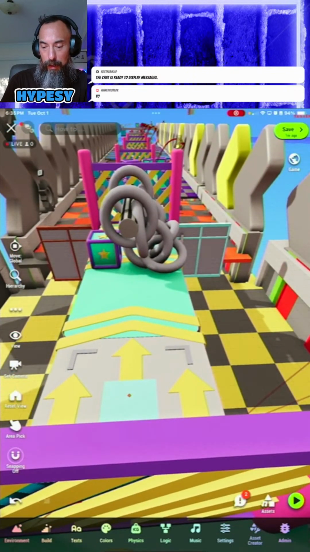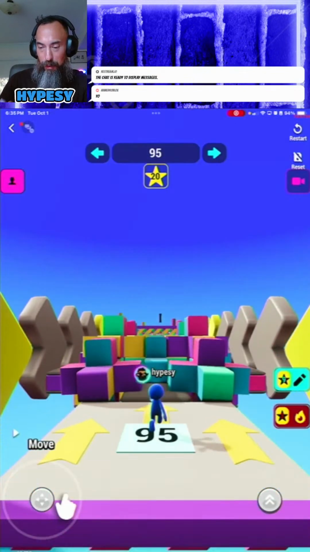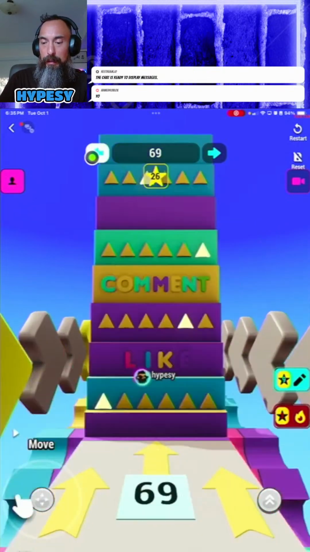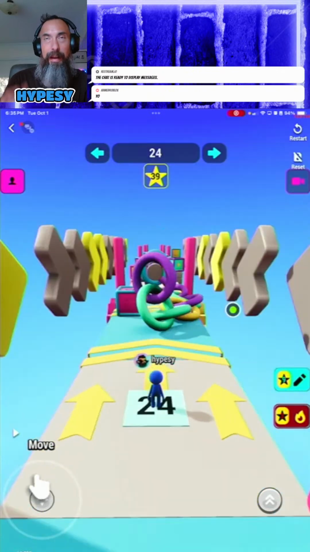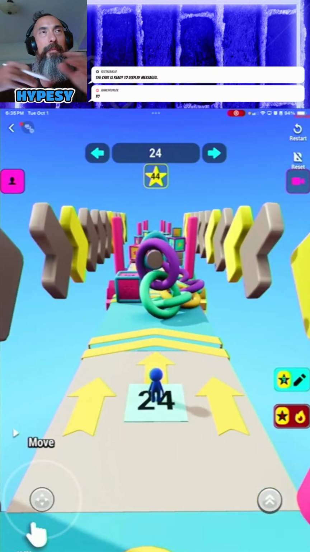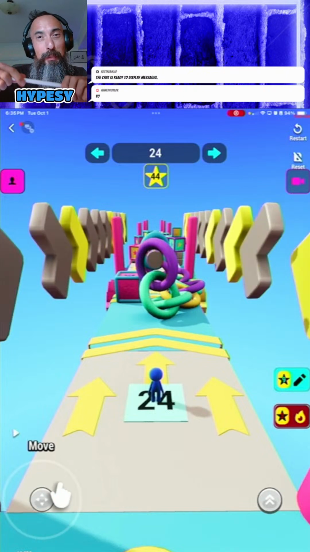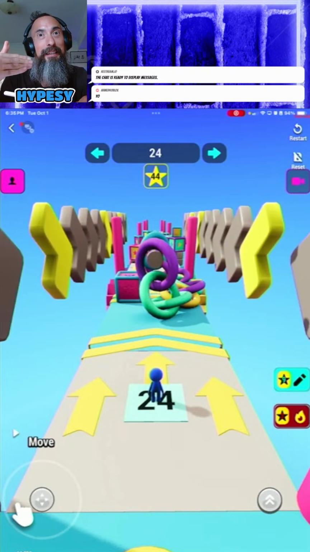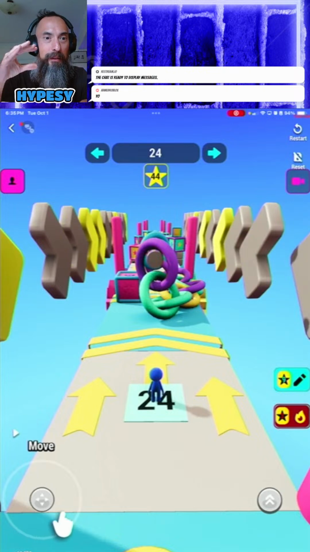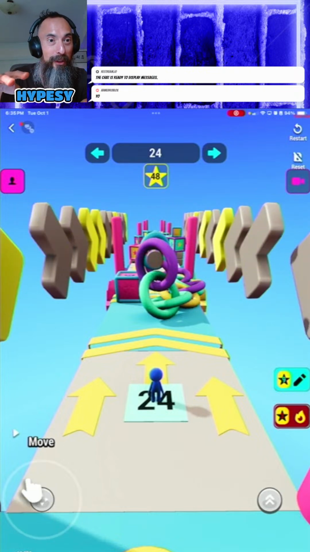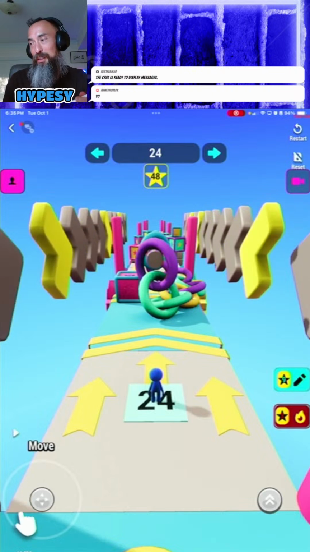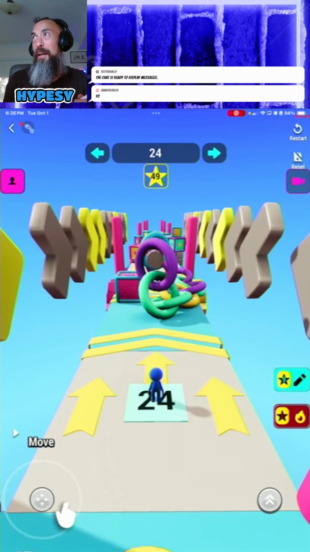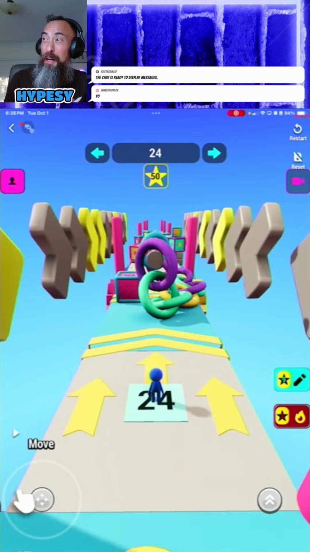Level 24, but the issue with 24 is when people get to it, they get a little stuck, they get a little confused, and it's cool because one thing I enjoy when I watch people play my game is having them struggle to figure out the puzzle. And sometimes, honestly, they just quit playing the game, which is fair enough. I should have made it easier. But other times, they figure out the puzzle.